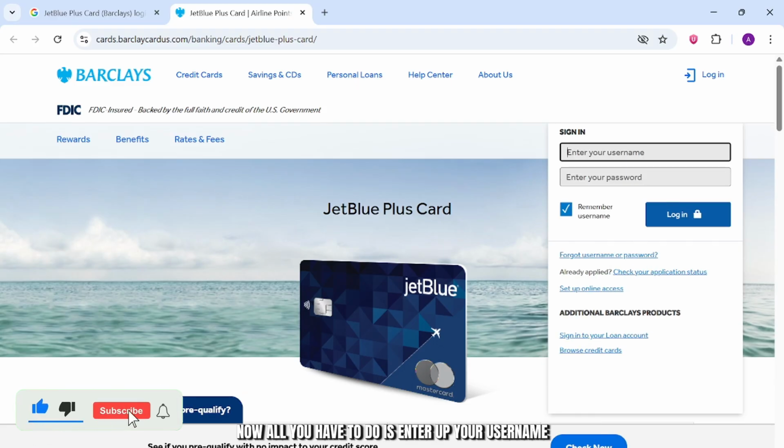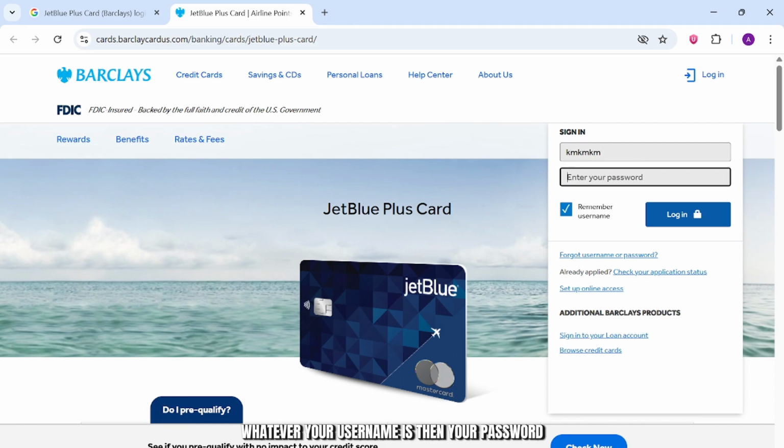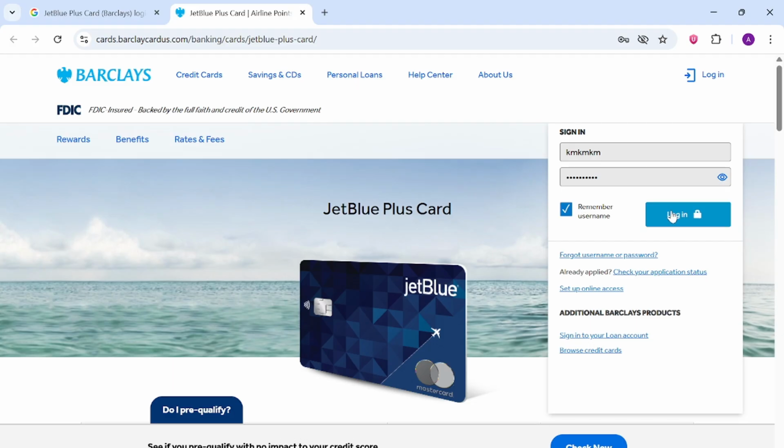Now all you have to do is enter your username, whatever your username is, then your password. So type in your password, and if you want to do this, just tap on this checkbox and then tap on login. Then you'll get logged in to your account, and that's basically it. And that's how easy it is,